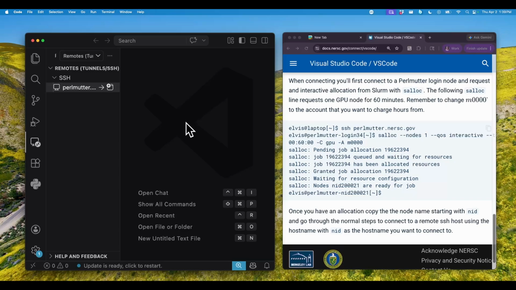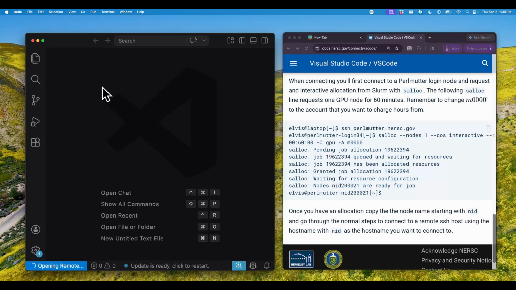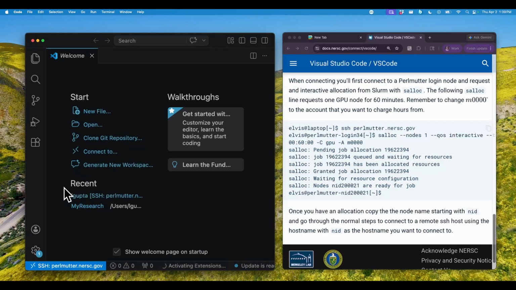Now let's check if our session works. You can click on the arrow, and VS Code is already initializing my SSH session. And here we go. I'm now connected to